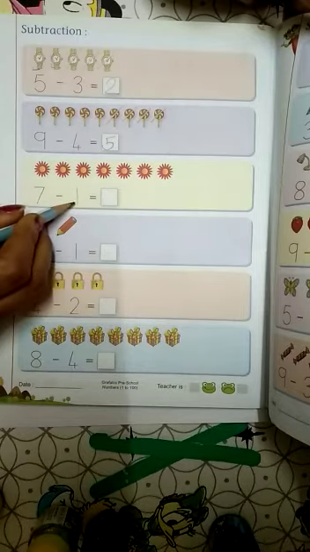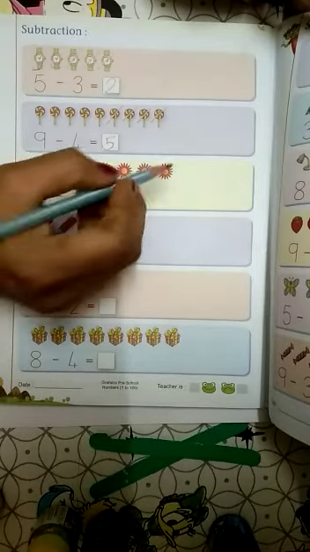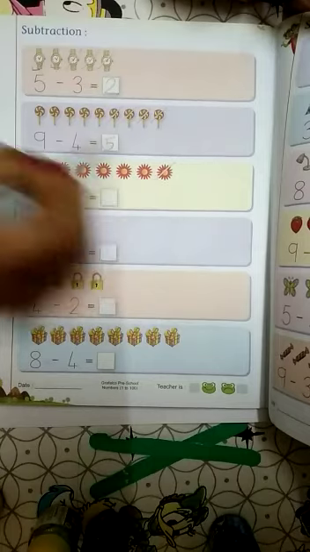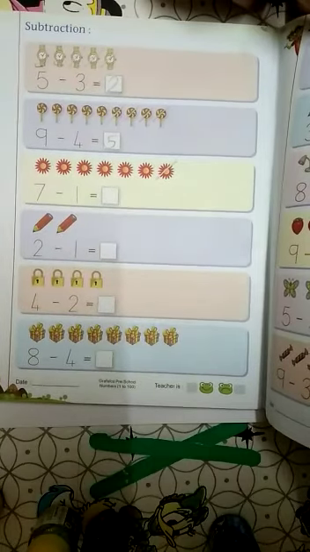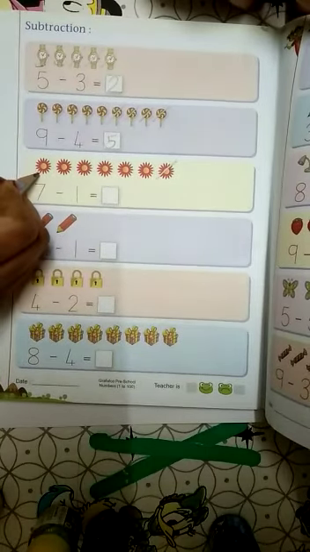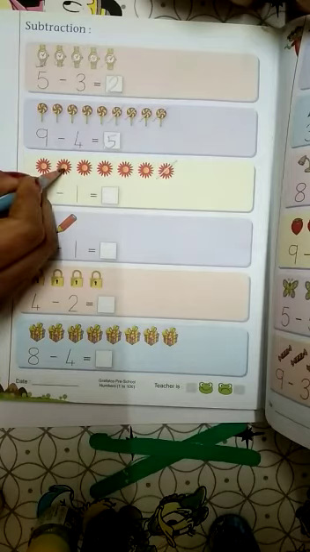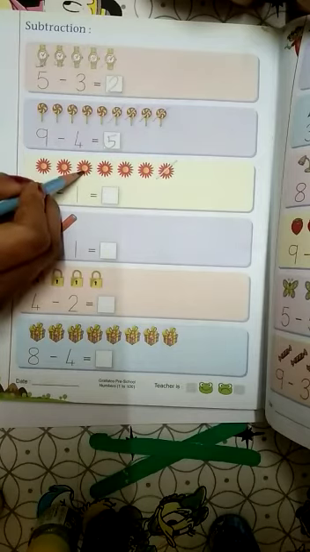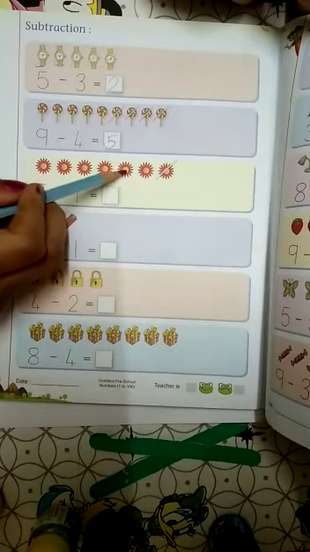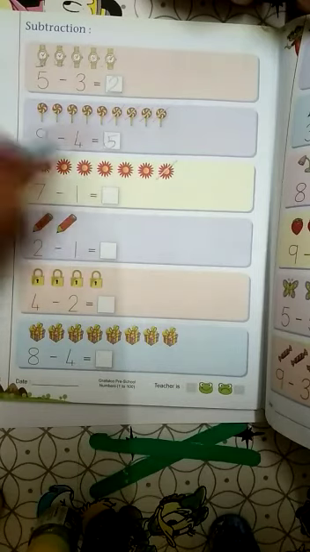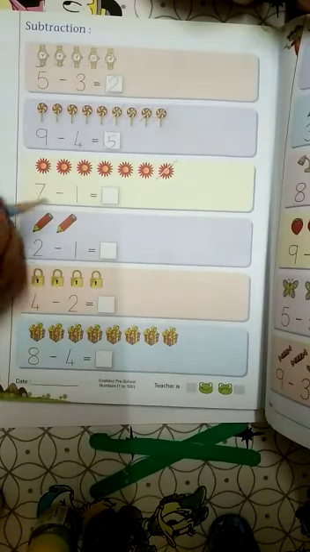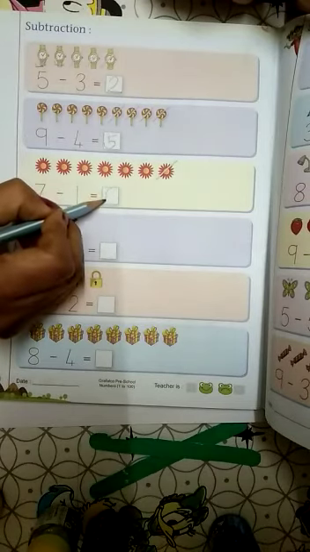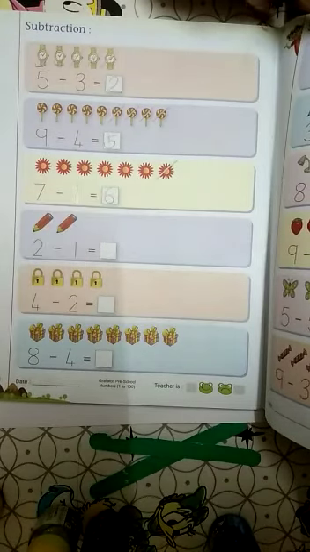Tell me now. 1. Now cut the 1 flower. Now we have to count. Let's count it. 1, 2, 3, 4, 5 and 6. How many flowers left over here? 6. So we have to write here number 6.